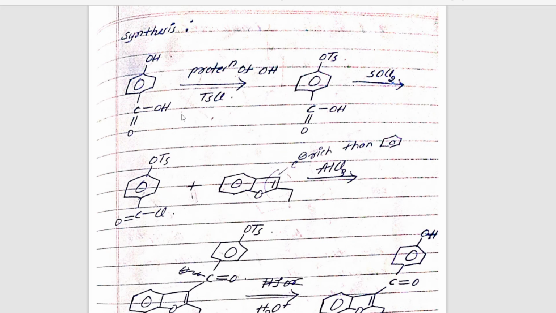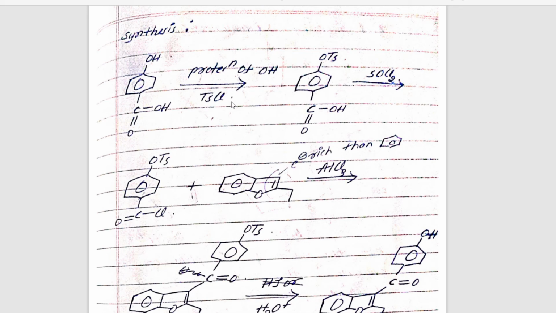Now comes into picture something called a protecting group, which you already studied. So what is the work of the protecting group? When there are two functional groups in a molecule, and you wish to make an alteration or a reaction to only one functional group, and you want to prevent the other functional group from undergoing that change, you will protect the other functional group by using a protecting group. Now you can use any kind of protecting group that is used for protection of the OH group. We studied one list of protecting groups, correct?